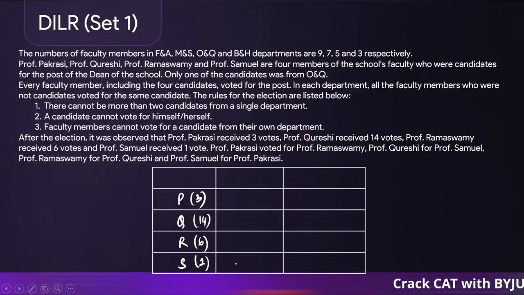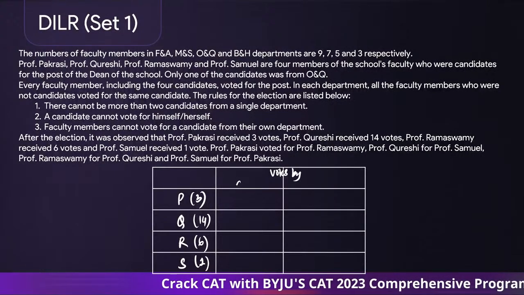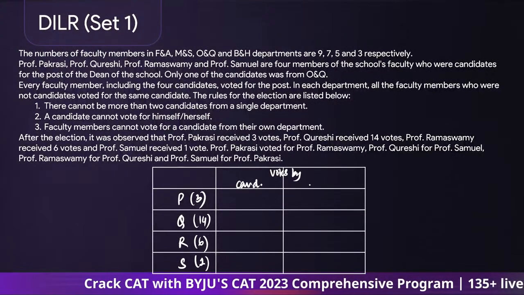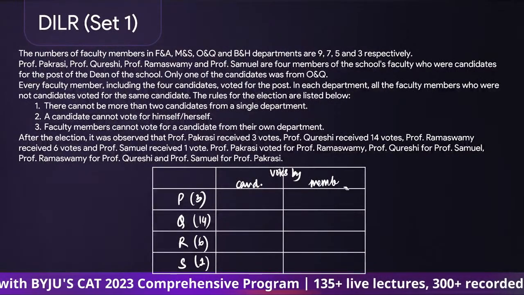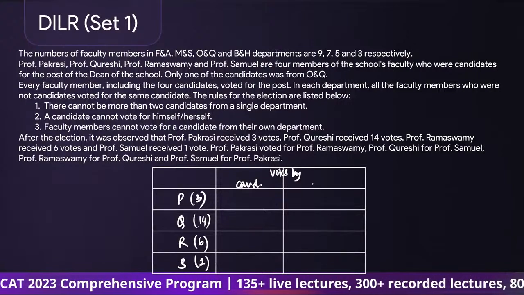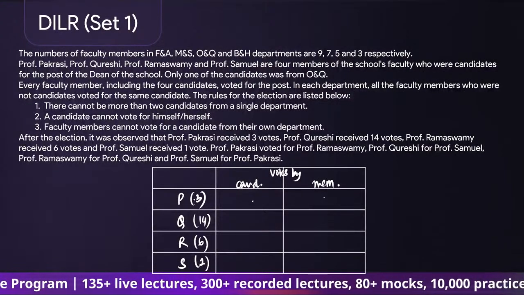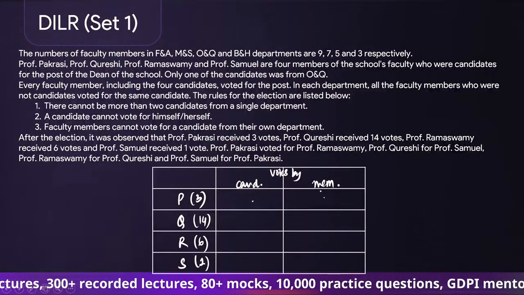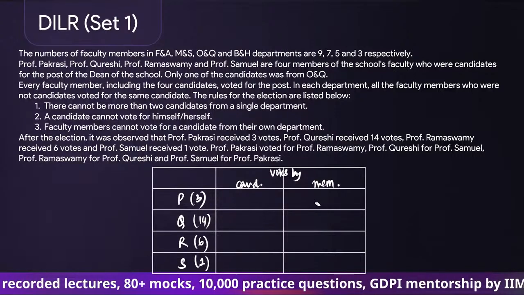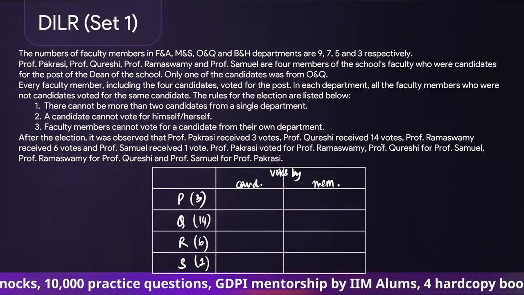And we will draw 2 columns. एक होगा जो कि वोट इन्हें मिले हैं by candidates and the next one is by members of a department, right? Maybe candidate and members, they both voted for P, or maybe only the candidate voted for P while the member did not vote for P. ठीक है? Okay. अब last part पे आते हैं कि